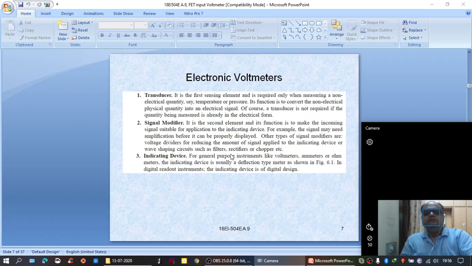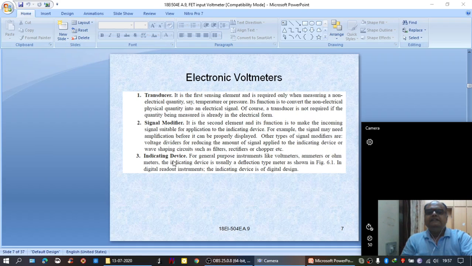When an AC signal is given, first it has to be converted into a DC signal. Pulsating DC it will produce. Using a filter, it has to be smoothened out. Then it has to be applied to the signal modifier. Similarly, when pulse type inputs are used, the chopper will provide the average value. That is about the signal modifier.